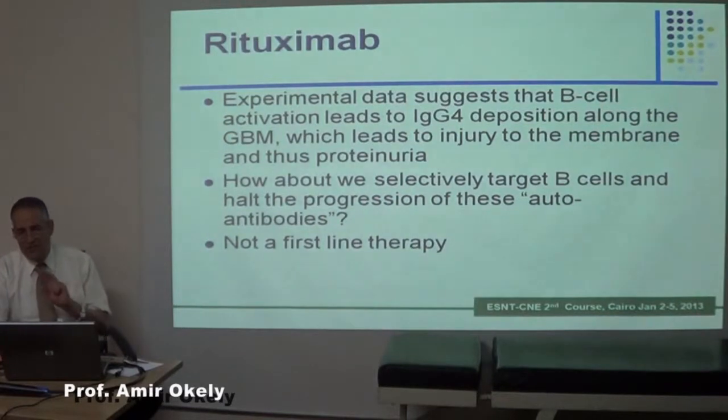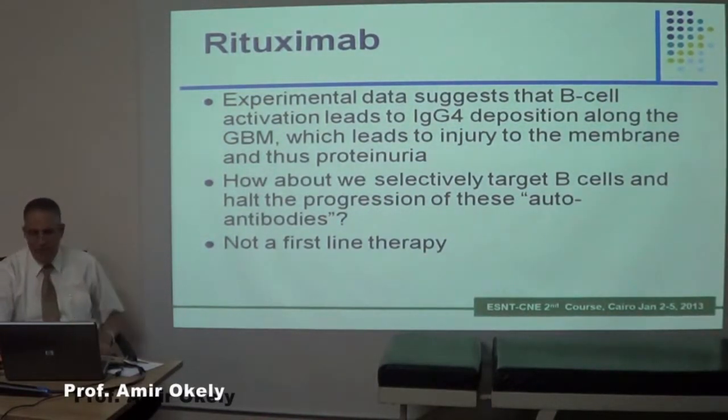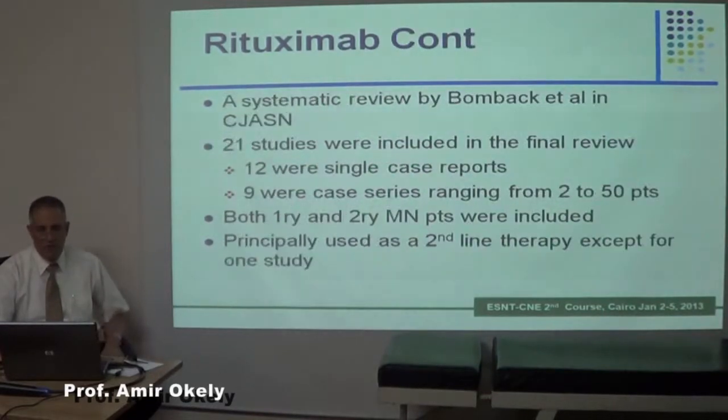This is the mechanism of action targeting beta cell and delay the progression of this autoantibody. So this is the mechanism of action of rituximab. In a systemic review by Bombik et al., 21 studies were included, 12 were single case reports, and 9 were case series ranging from 2